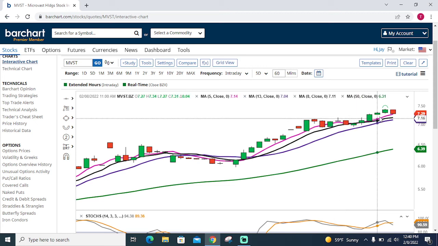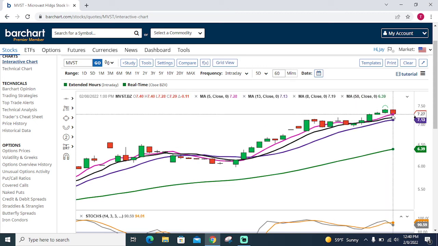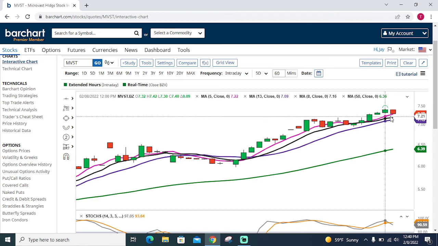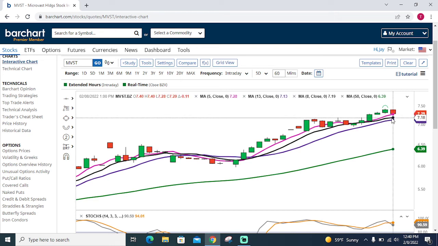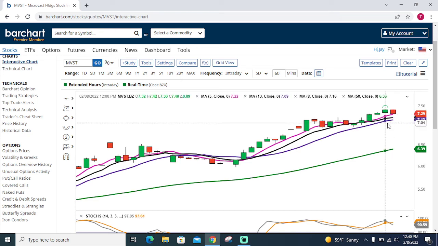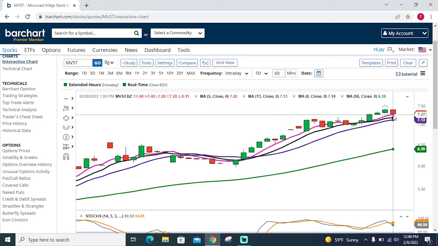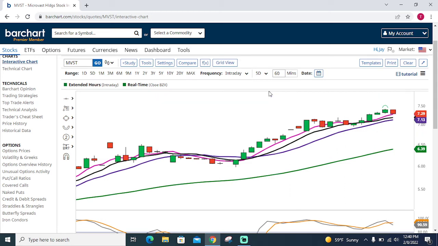So you can see 60 here. We're actually right here at the 5. And the reason why we want these lines here is because if we can get price to touch the 5 or even the 8 while keeping the 5, 8, and 13 all stacked properly, then we know that that's a good entry. We're kind of buying the dip, so to speak. Dips aren't really a popular topic right now with a lot of things going on,